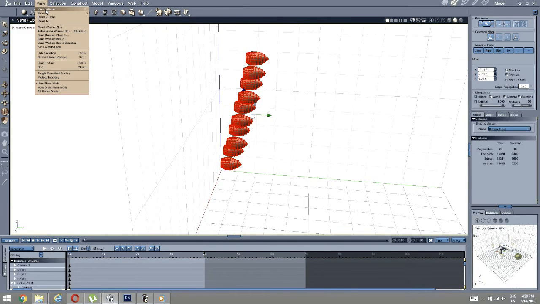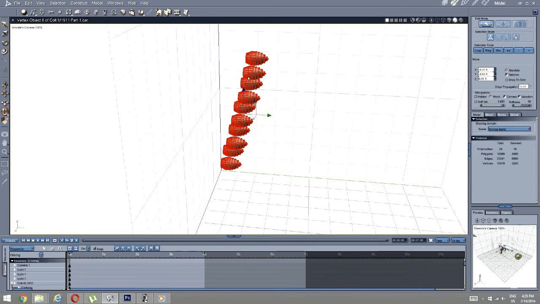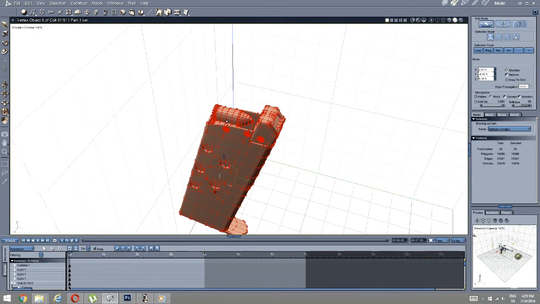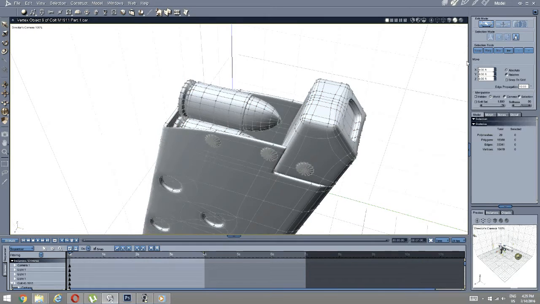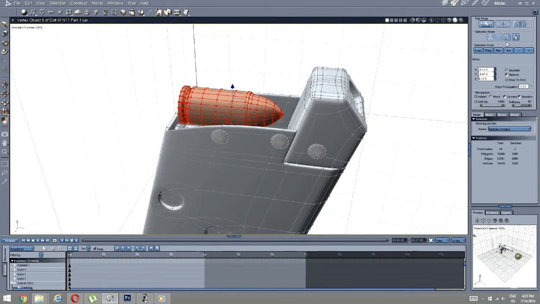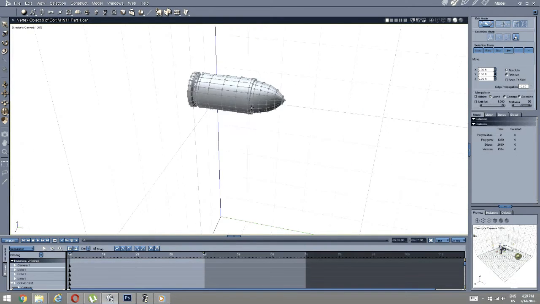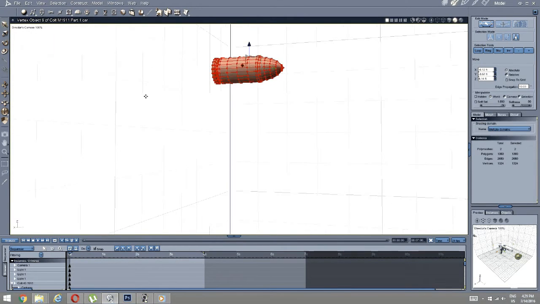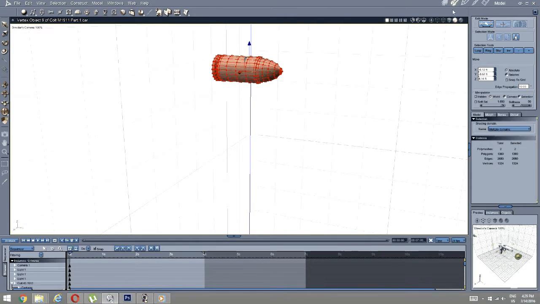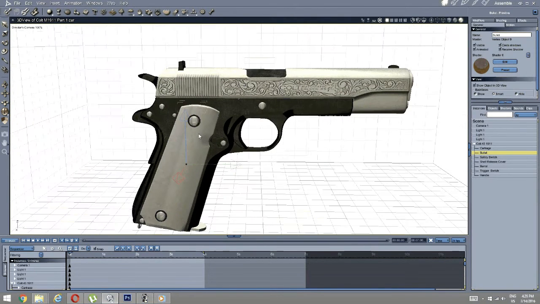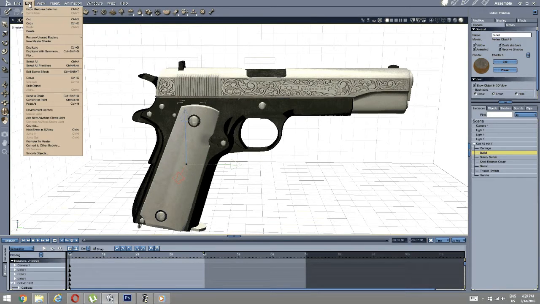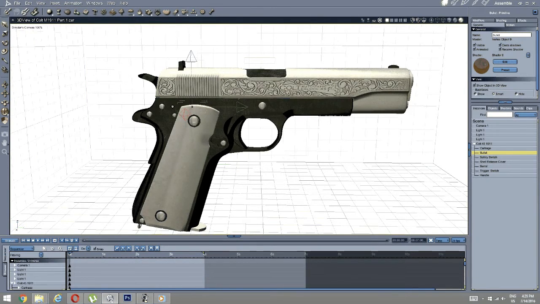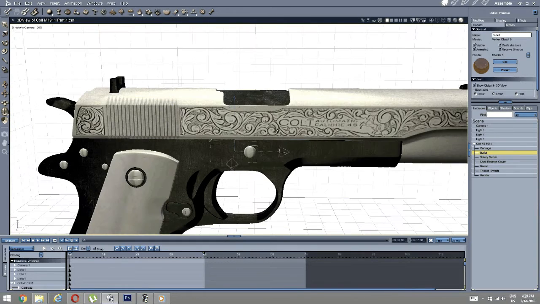And I want to go into view and reveal hidden. And now we're going to select that, go invert, and just delete right there. And now we're going to select this right here. Now we're going to go out of here and go into edit, and go center hot point right there and move this